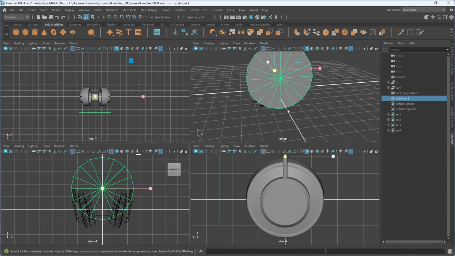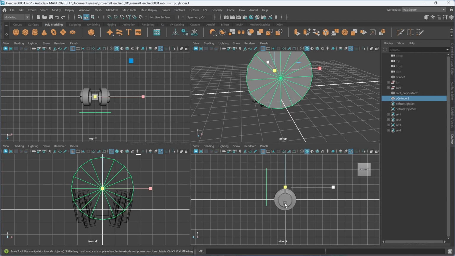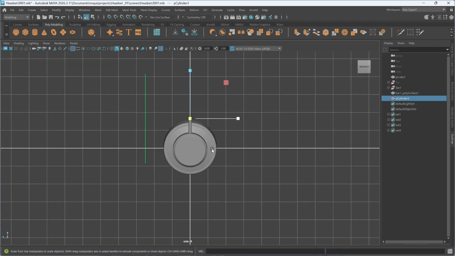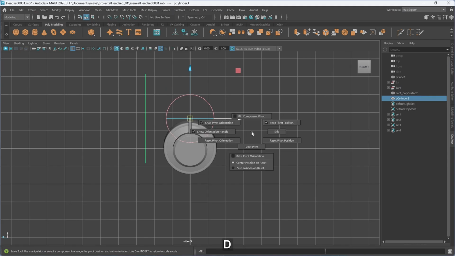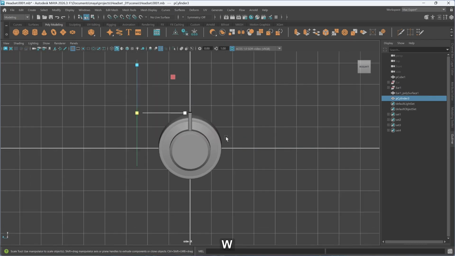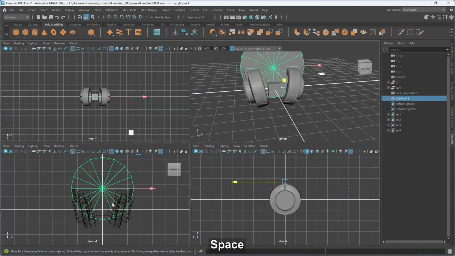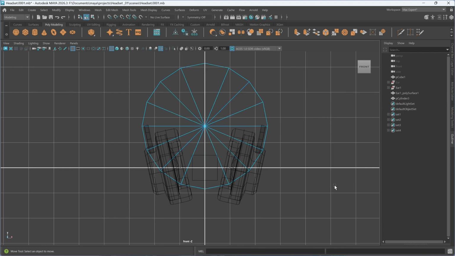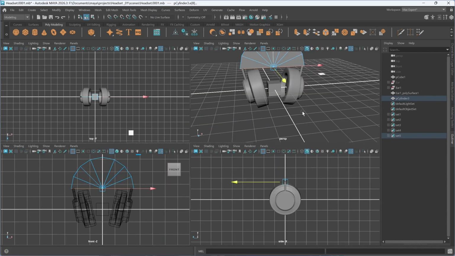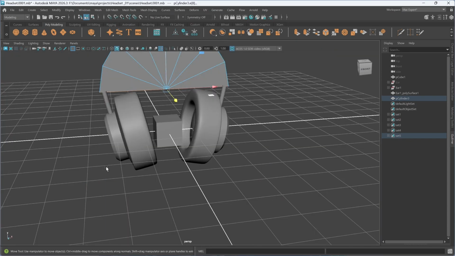So we go to the side view, and we're going to hit on D and reset the pivot, hit on D, W, and we're going to bring this and try to align it with this. But we're still going to do this again. So now what we are going to do is to go into the front view, go into the face mode, select all the bottom faces and delete the bottom faces. We don't need them. Now we'll go into the perspective view,